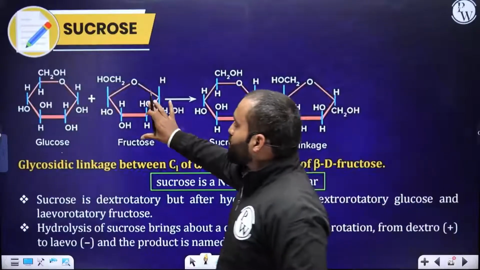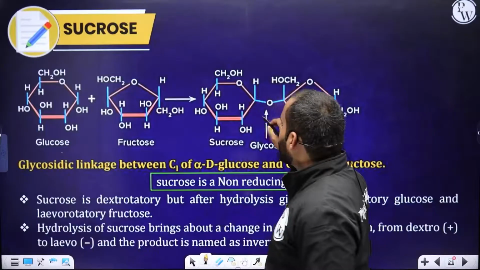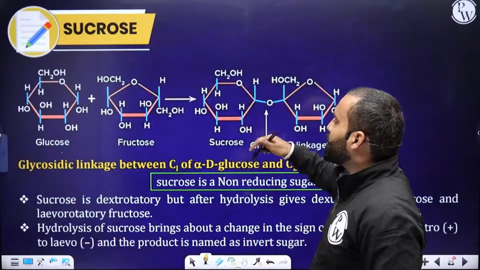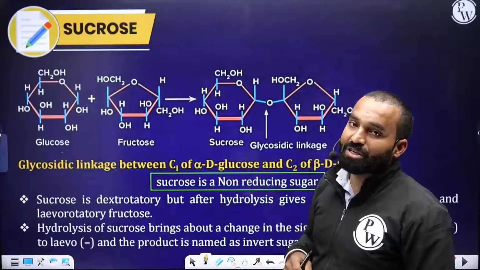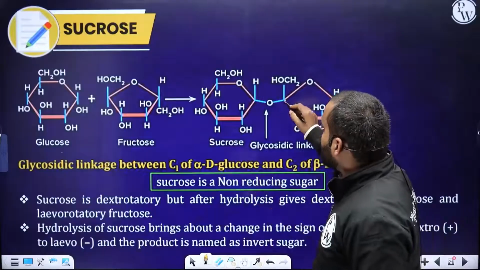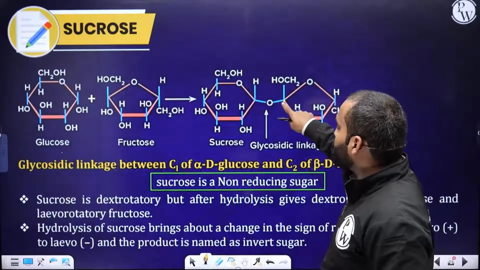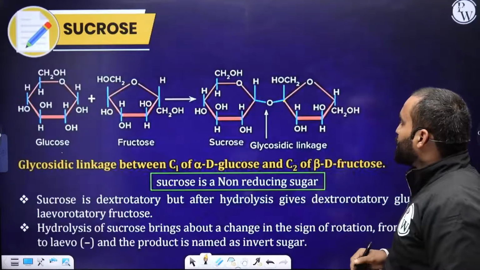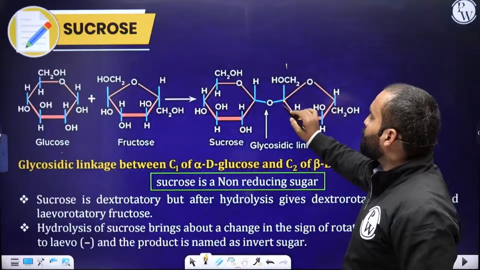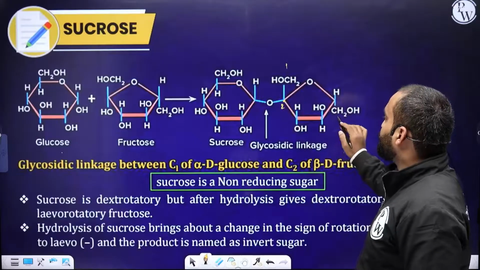You can see that this is the fructose structure, this is the glucose structure. This linkage, which looks like carbon, oxygen, carbon, is an ether linkage, but in this chapter, it's given a special name, glycosidic linkage. So what is this position over here? We have to start the numbering, number 1, 2, 3, 4. If we start the numbering from this end, since it is beta, carbon number 1, this is carbon number 2, 3, 4, 5, and the 6th carbon here.